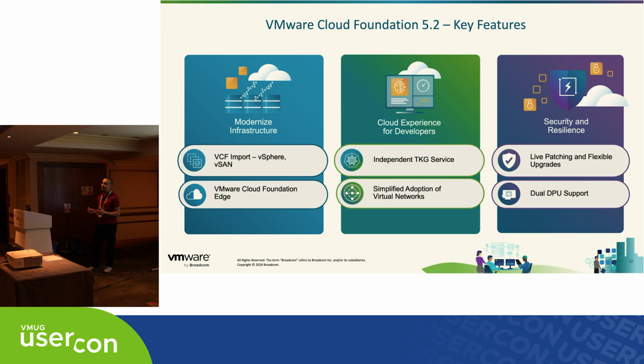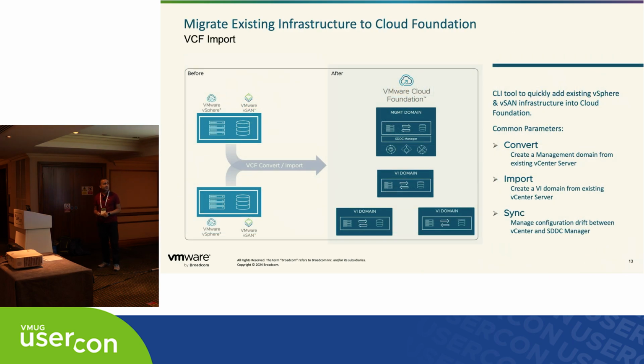So no longer needing to buy a new set of hardware and start from scratch. And VMware Cloud Foundation Edge for those edge workloads, the small footprint, small servers where you need that kind of VCF experience, but in a smaller site. So let's talk a bit about the new capability that 5.2 brings in terms of the term, which we loosely